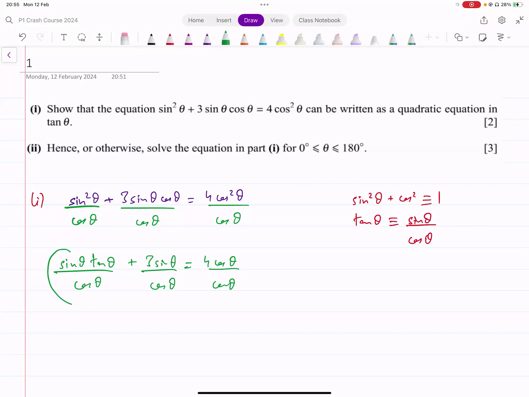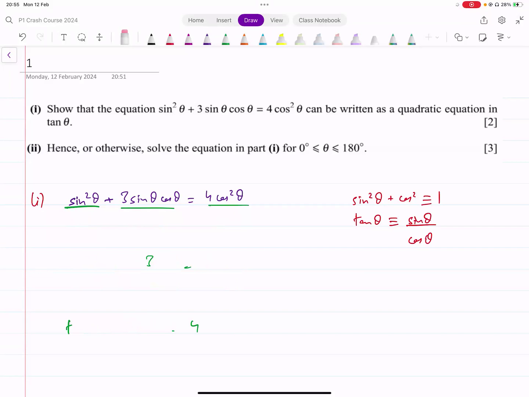And this sine over cos gives you tan as well, and that gives you tan square theta plus 3 tan theta equals 4. That could be one idea that you can do step by step. If you divide by cos and you figure out that's not enough, you can divide by cos again. Or, as you're now saying, the direct way of doing this could be,